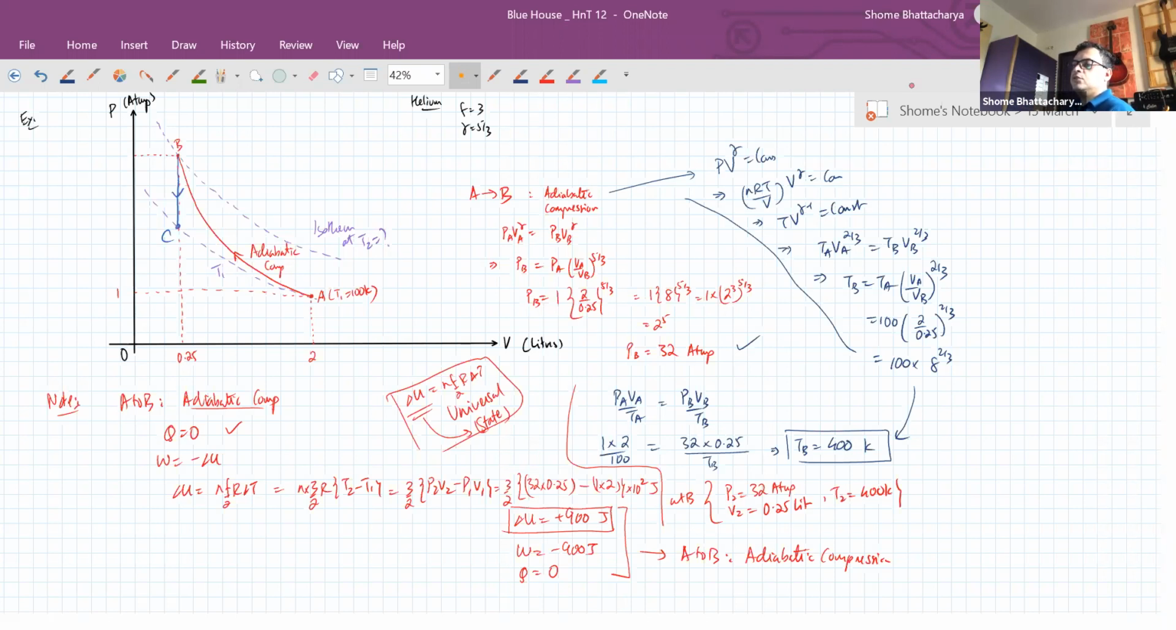Yeah, W is 0, very good. Q will be equal to delta U will be equal to minus 450, why is that? He's coming back to the same temperature, no? So the delta U should be,